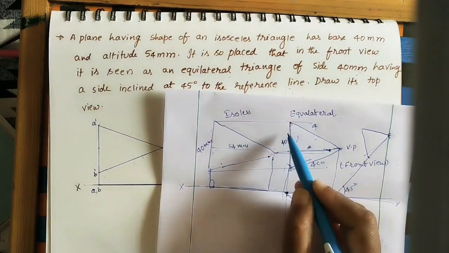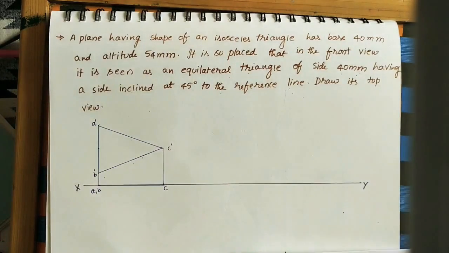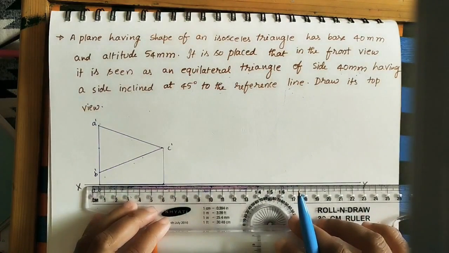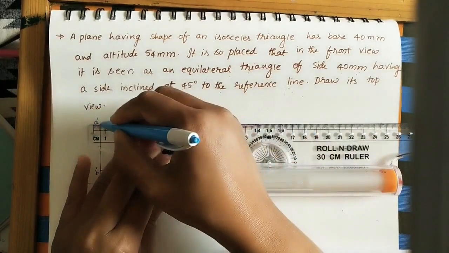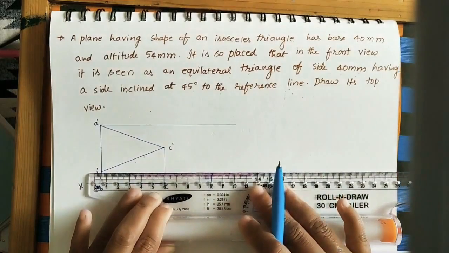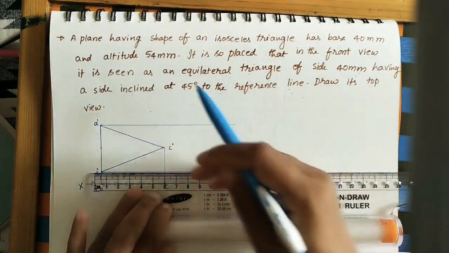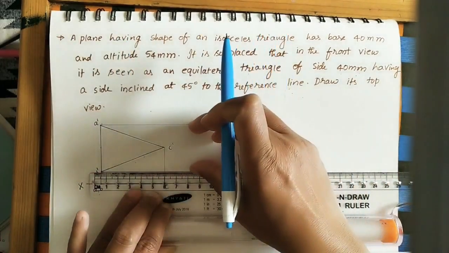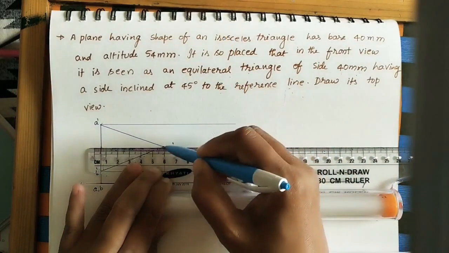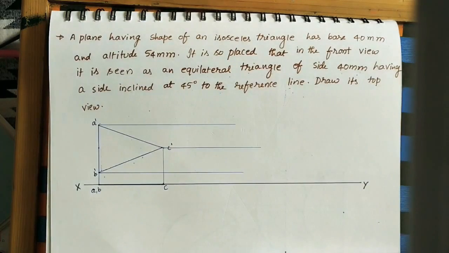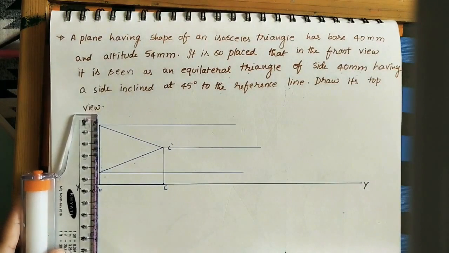Build an equilateral triangle of 4 centimeter. So here I am taking this as the reference line. I am doing the projector lines initially from A and B, because AB is 4 centimeter. Okay, I am taking 4 centimeter in this gap only. And do one projector line here also. And take this vertical line as the reference line.